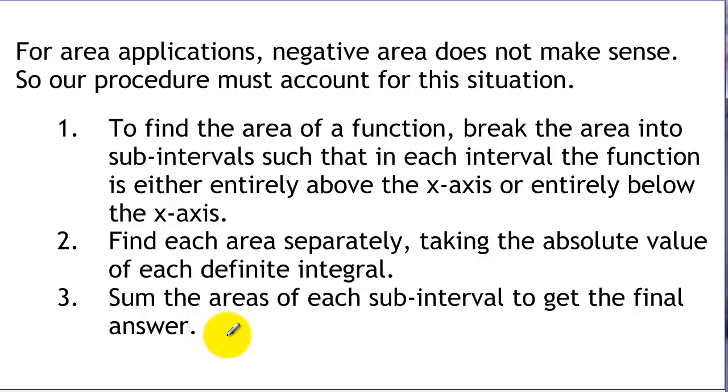So for area problems, since negative does not make sense, we need to break our interval into subintervals such that in each interval the function is either above or below the x-axis. We'll find the area of each of those separately, and when we get a negative answer, meaning that the function had been below the x-axis, we're going to take its absolute value, and then we'll just sum up all of those parts. So if we relook at our example and do it the correct way here,